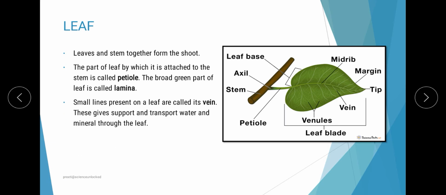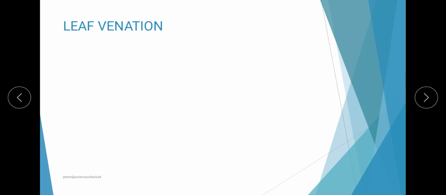Now the parts that we have internal to the leaf are the midrib, or the central vein of the leaf, from where multiple veins originate, and these veins help in the conduction of water as well as minerals along with the food. So over here the other aspect is how exactly it differentiates and creates a difference in the kind of plant it is. So the second aspect with reference to leaves is leaf venation.